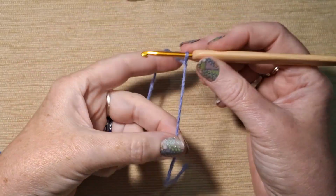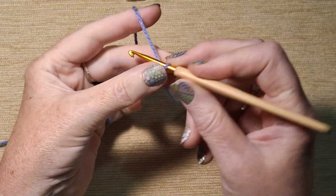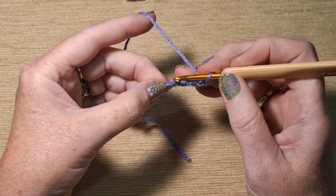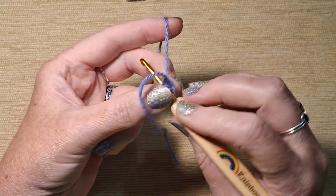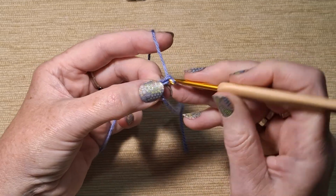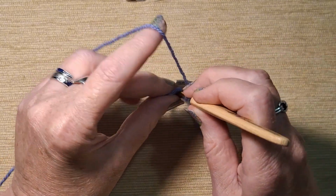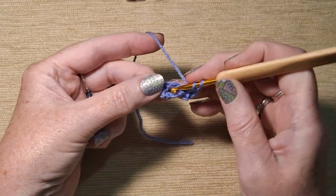Start with a slip stitch on your hook. Make sure you have a long enough end to sew in. Work 4 chain. Slip stitch to your first chain. Move the end out of the way and then work another 3 chain. I turn at this point, but it isn't necessary. Work another 2 treble into your chain loop